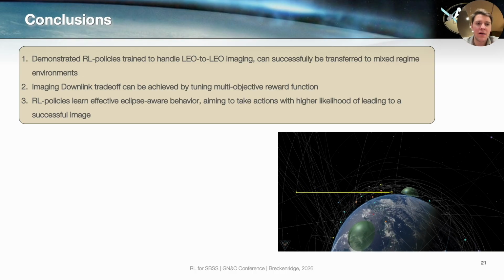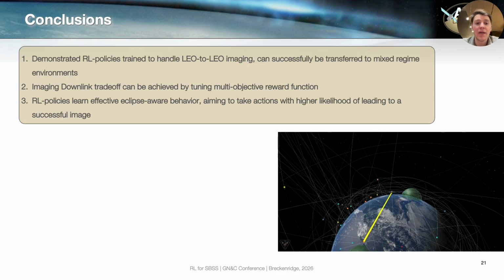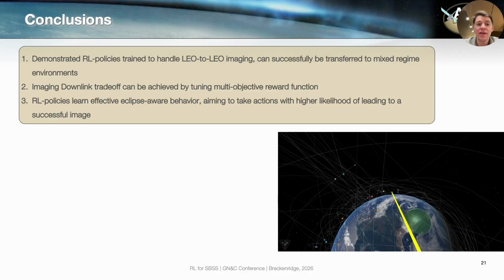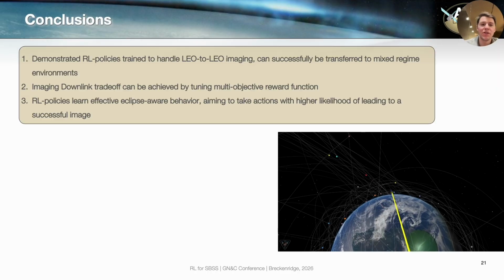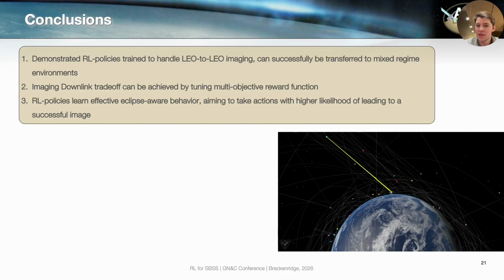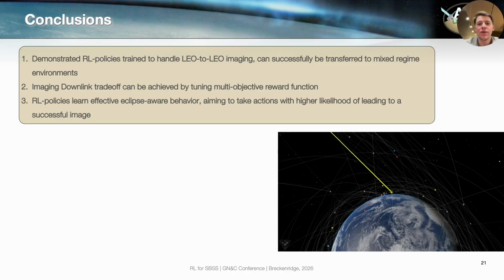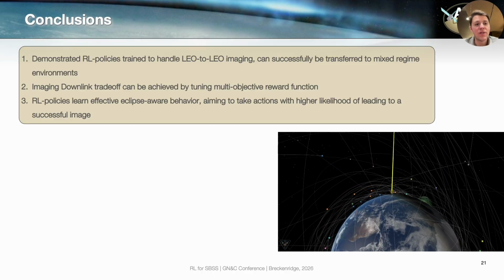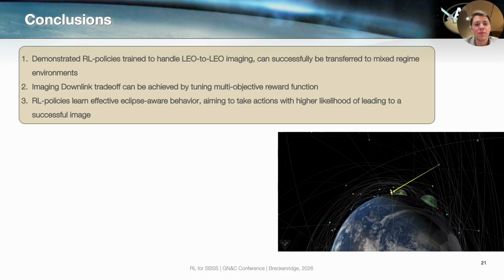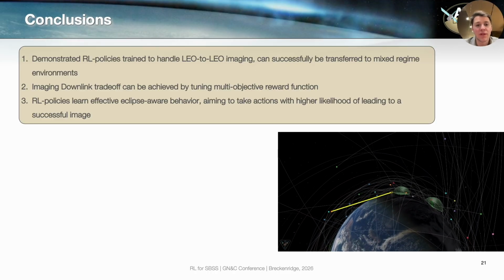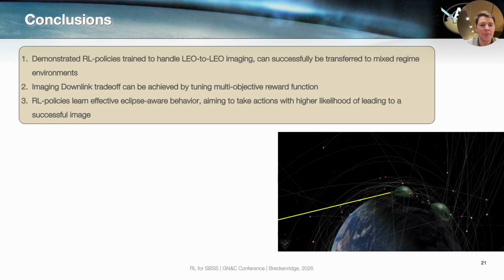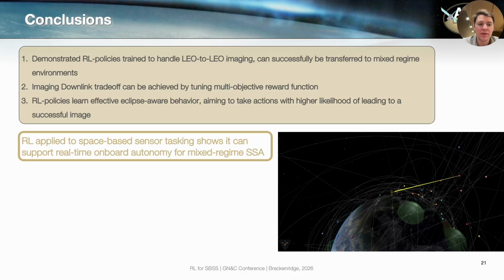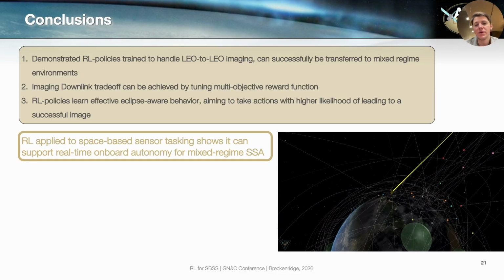we've demonstrated that RL policies trained to handle LEO to LEO imaging can also successfully be used in a mixed regime environment. Secondly, imaging downlink trade-offs can be achieved by tuning multi-objective reward functions, and you can really understand and differ the behavior of the way you're sending images to the ground by changing the alpha. And lastly, we saw that RL policies really learn effective eclipse-aware behavior that aim to take actions with higher likelihood of leading to a successful image. Overall, RL applied to space-based sensor tasking shows it can support real-time onboard autonomy for mixed regime